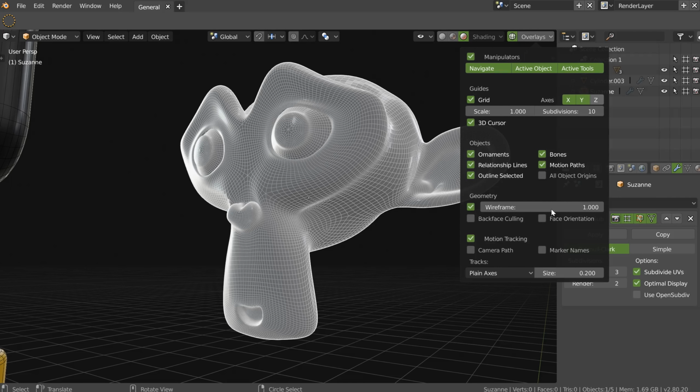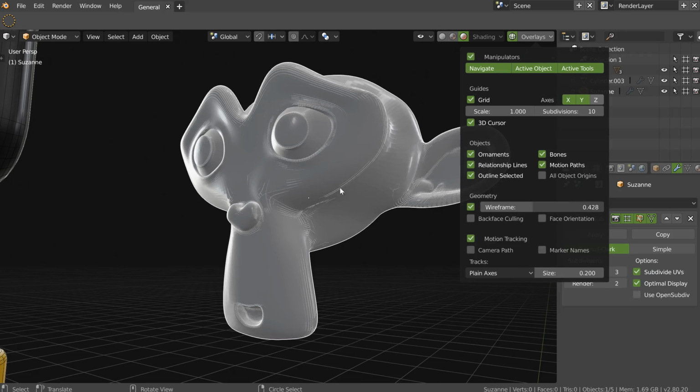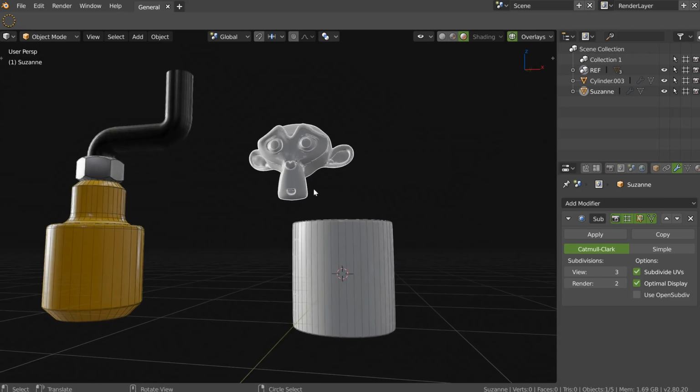Or maybe, like one guy said, when we decrease this one, that will decrease these subdivisions from 2, 1, 0. For me, that could be really useful in this case, and not this. This is absolutely not useful in modeling, but it's only my opinion.